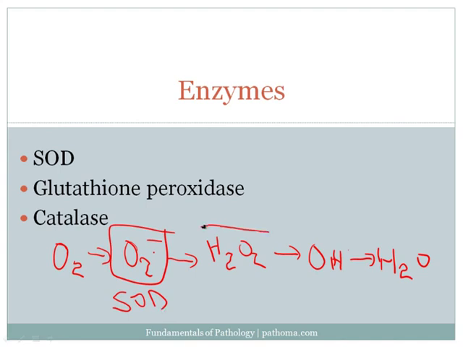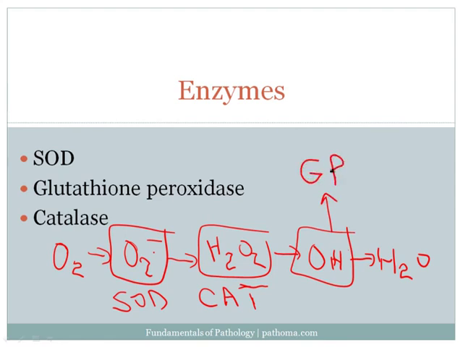Hydrogen peroxide is handled by catalase. And then hydroxyl free radical, one of the major mechanisms by which this free radical is removed is glutathione peroxidase. Glutathione peroxidase is an enzyme that takes the assistance of glutathione, which is an antioxidant, and glutathione will be very important later in our discussions of